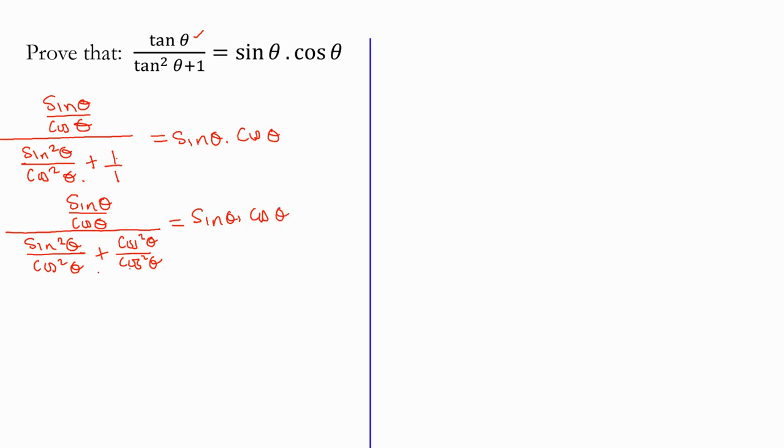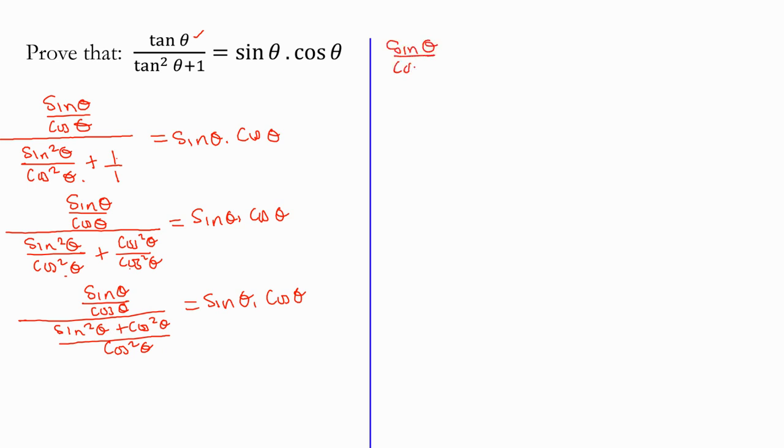Right, now our denominator is the same here, so we can add the numerators. So sine theta divided by cos theta, this whole fraction divided by sine squared theta plus cos squared theta divided by cos squared theta is equal to sine theta cos theta. Right, and then the other thing that I usually do, I write my fractions like this so that I can see things clearly. So I just say sine theta over cos theta